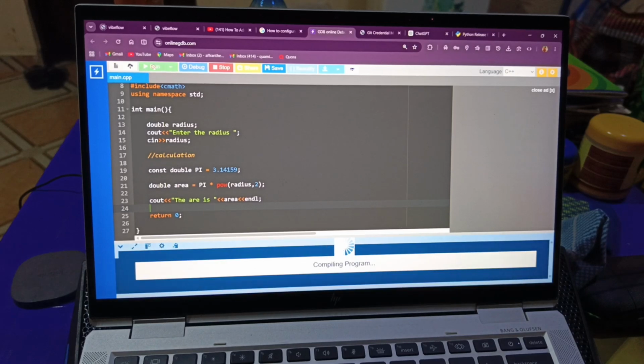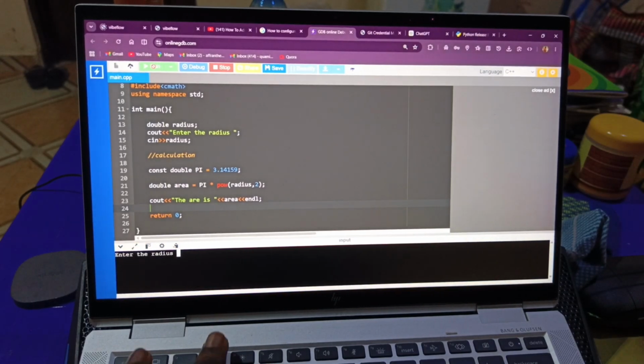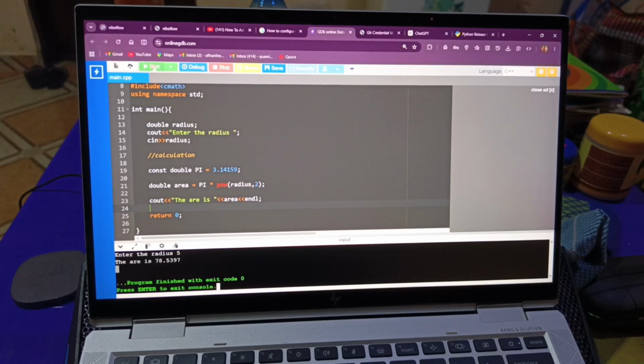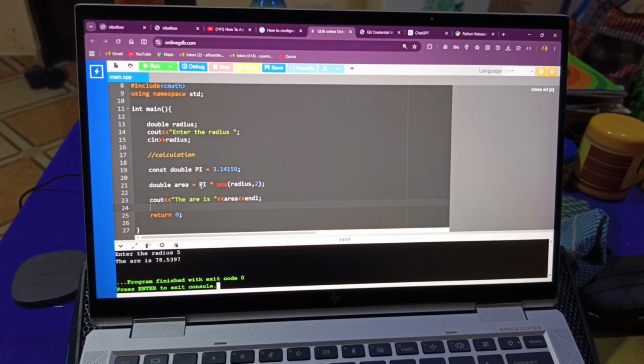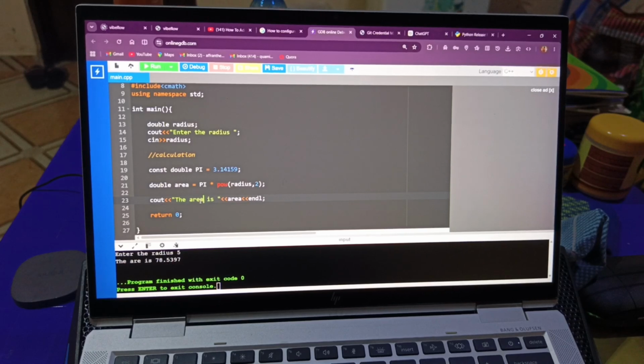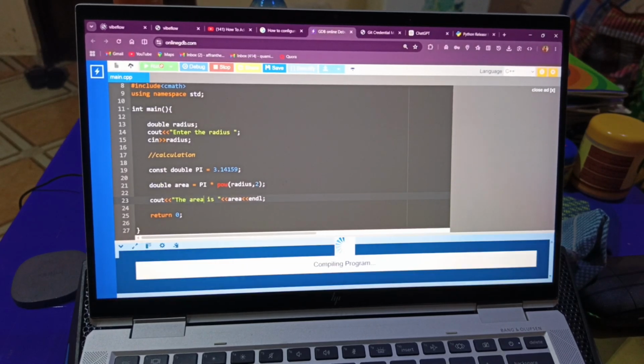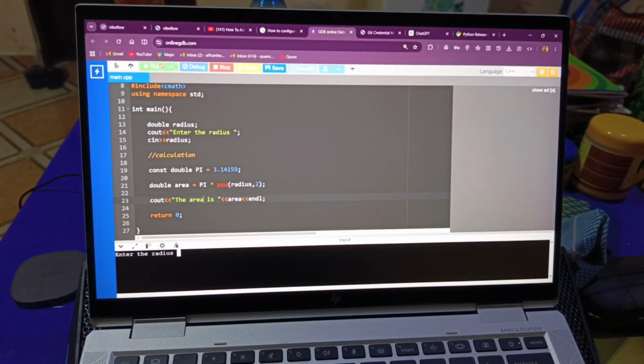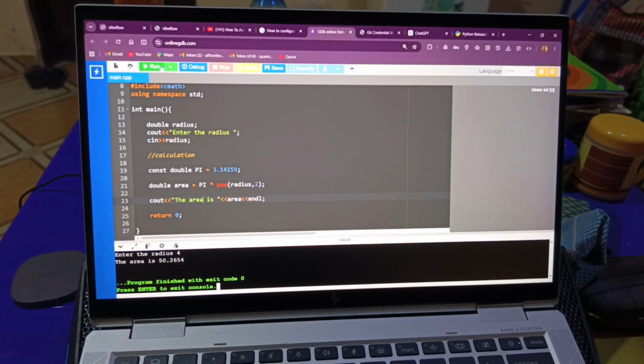Sorry, I made a mistake. It has to be a here. So let's run it again. I was having some trouble. So the radius is 4, and automatically it will say the area is